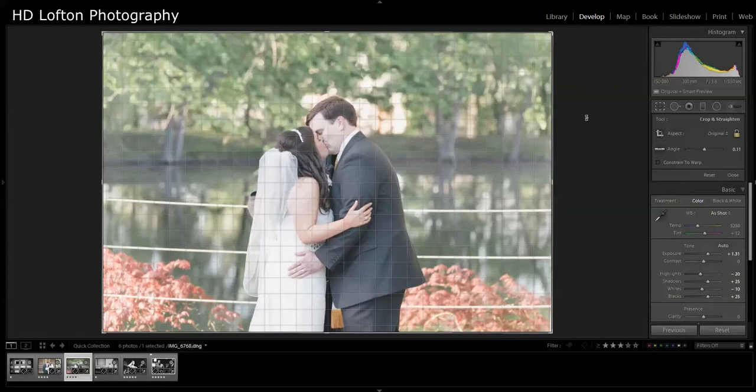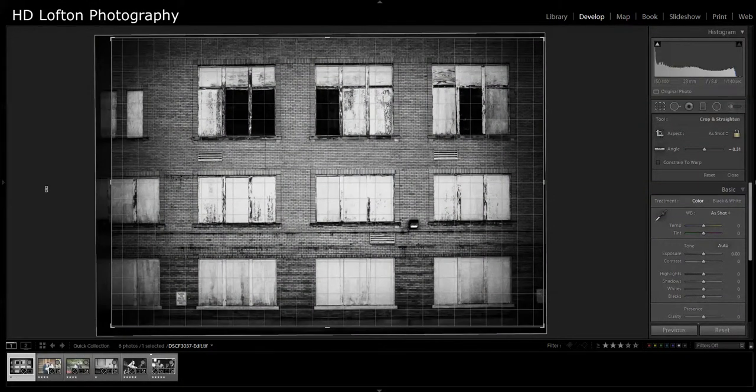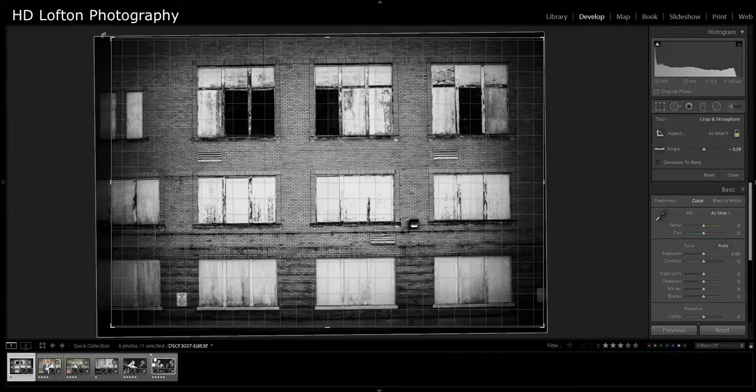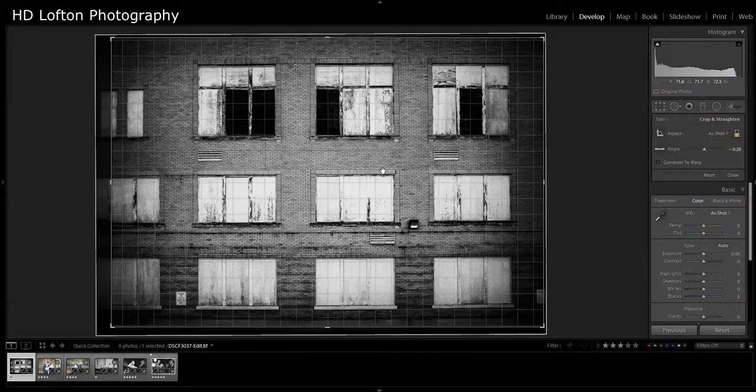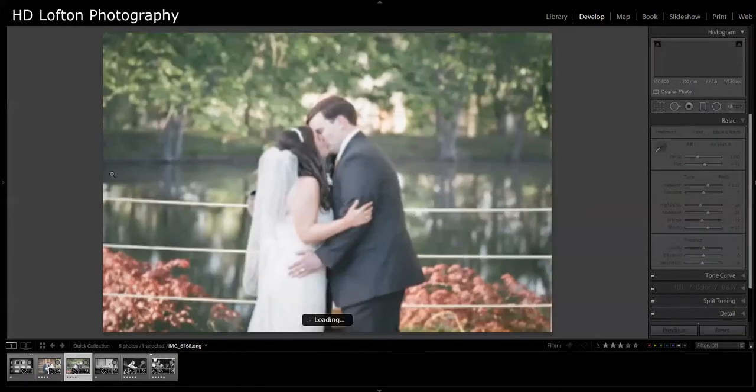Right now I have it in the grid format, the grid overlay, which is helpful when doing outside with a lot of buildings, anything with straight lines that you may want to even up. There's also another way to do it where you can use the straighten tool. If you have lines in your photo, either vertical or horizontal lines, you can just take the straighten tool and run it across the image in a straight line where you see the straight lines in the image, and it'll straighten it for you. But back to the crop overlay,